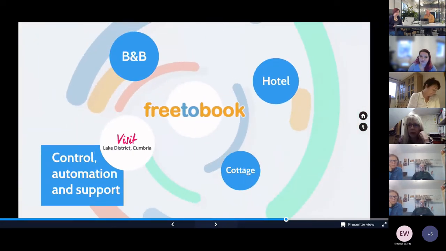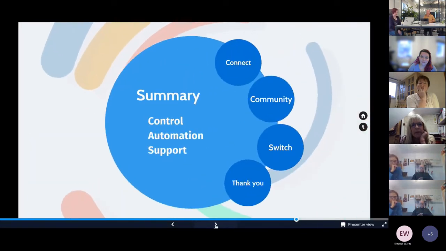That's kind of a rush through the various products and services. But as I said earlier, you pick and choose what works for you. You don't have to use any of those services. You can just use the booking engine and diary and connect it into Visit Lake District as well, and that's all free. So I think on the earth we're the only booking engine that does that.